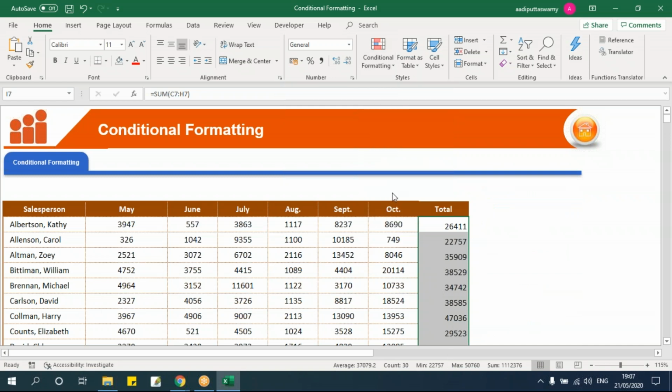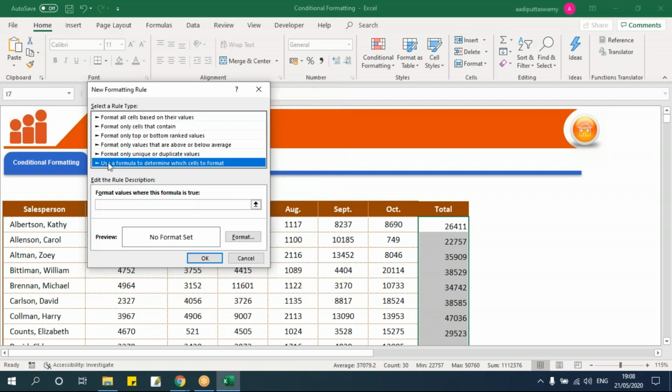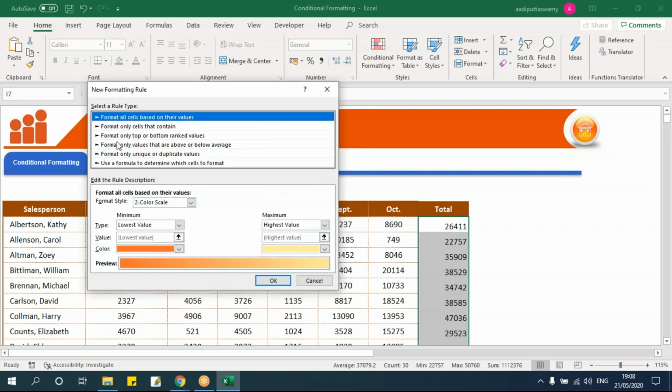If I click on this new rule, I'll get a window where I'll have multiple options. The options you see on top are all with the selections, whatever I'm doing here, just give some options. But if I want to customize it by using some formulas, then I can use this option. We'll come to this option a little later, but first we'll see these options.